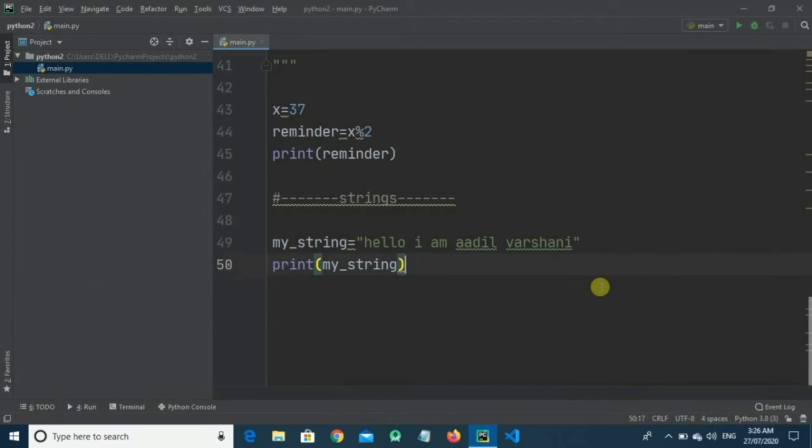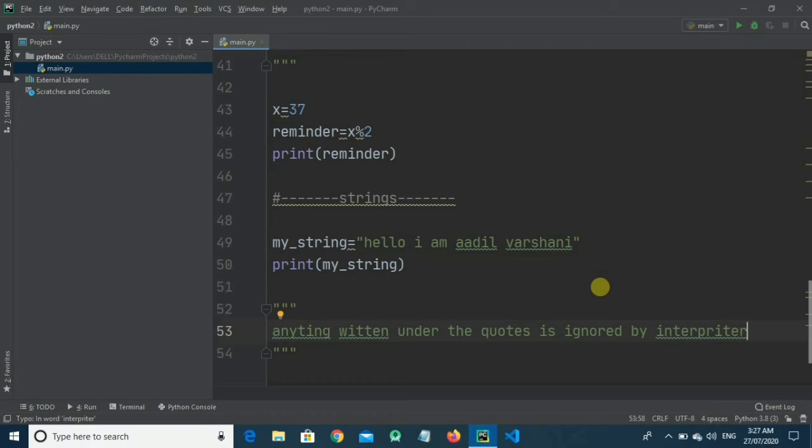Let's see how strings work in Python. Anything we write inside the quotations is a string, and it is ignored by the Python interpreter. It doesn't matter whether you use single quotations or double quotations, it's a matter of preference. I prefer using double quotations, but you are free to use single quotations.